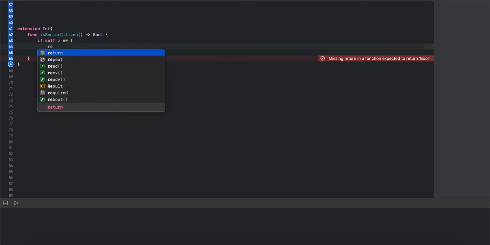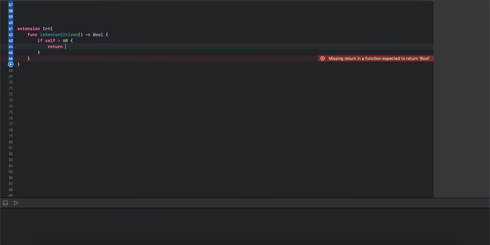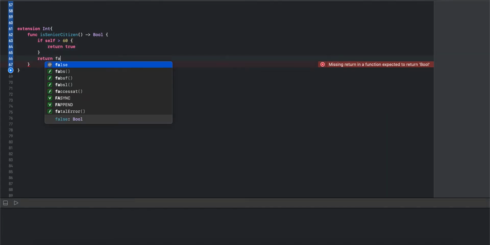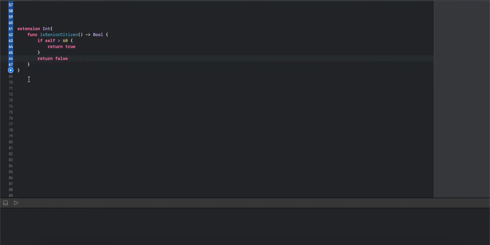So return true, and otherwise return false. And then we complete the declaration of the extension, and then we are going to create an initialization.